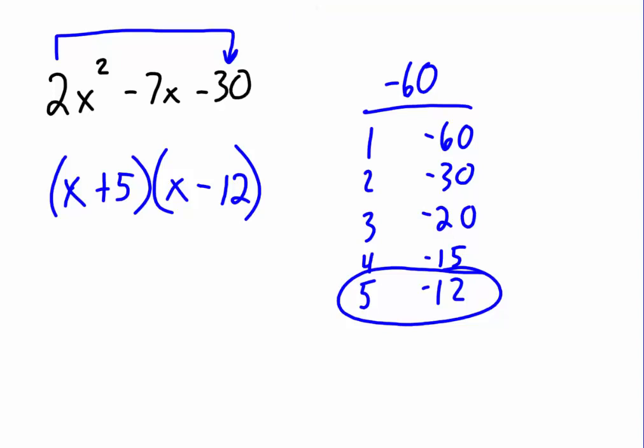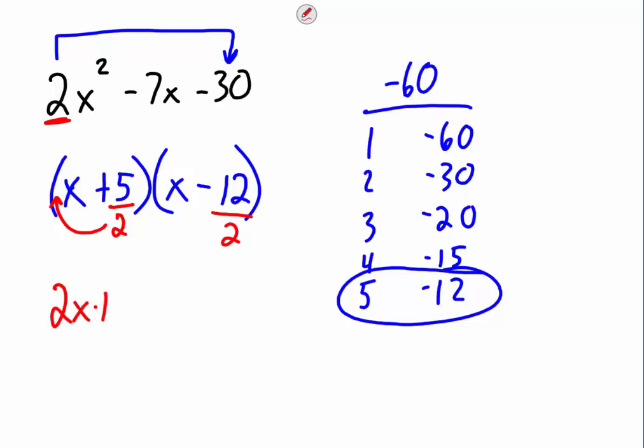So what I'm going to do is take this leading coefficient right here, and divide each of these by that leading coefficient, by 2. Now in this case I got a fraction, 5 halves. Now can I reduce 5 halves? I'm not talking about changing it into a mixed number, I'm just talking about reducing it. No, I can't. And so because I can't, I take that denominator and just move it out front,